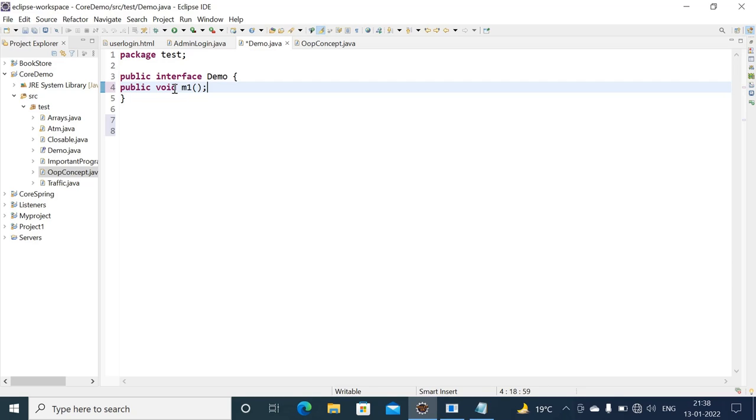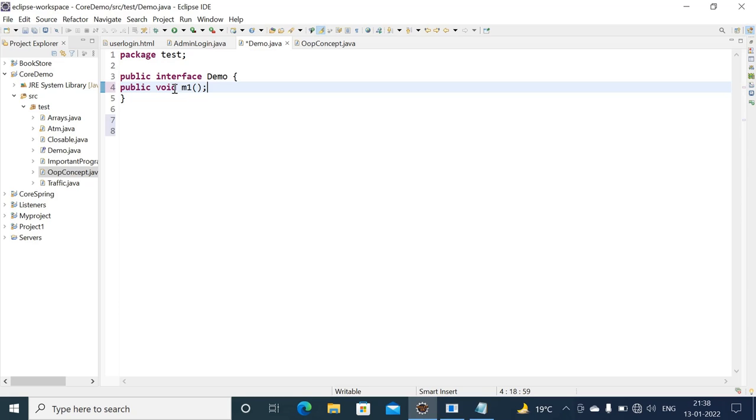Before that we have seen that every method has a body with curly braces. I have told you earlier that there is no implementation and methods have no body in an interface. That's why we are using a semicolon here.